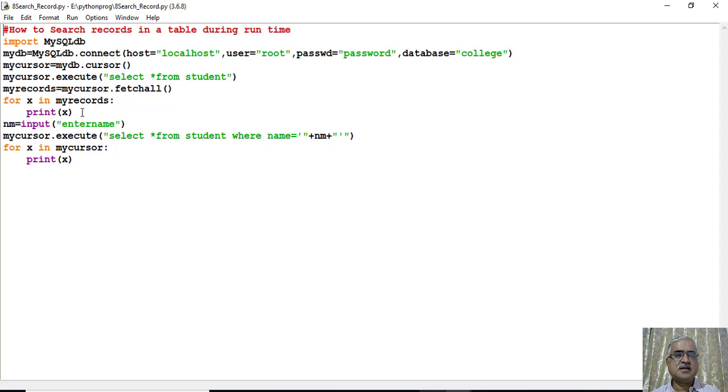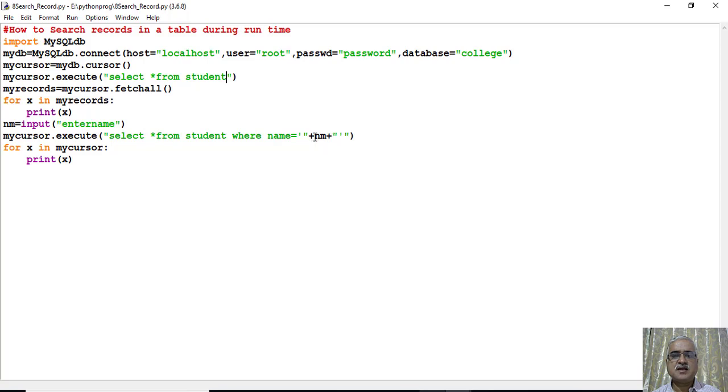And in the next statement, we are searching the record by entering a value from the already existing table. That means whatever record is displayed by select star from student, from that record only you have to pass the value. For example here nm is equal to input enter name, you have to enter the name only, and mycursor.execute select star from student where name is equal to plus nm plus.